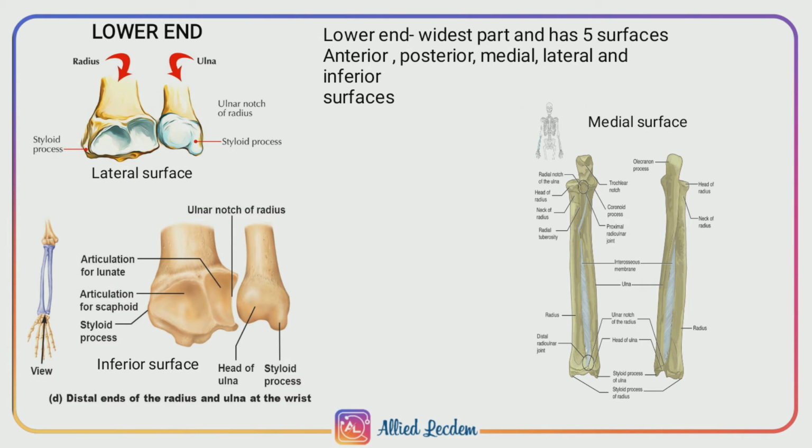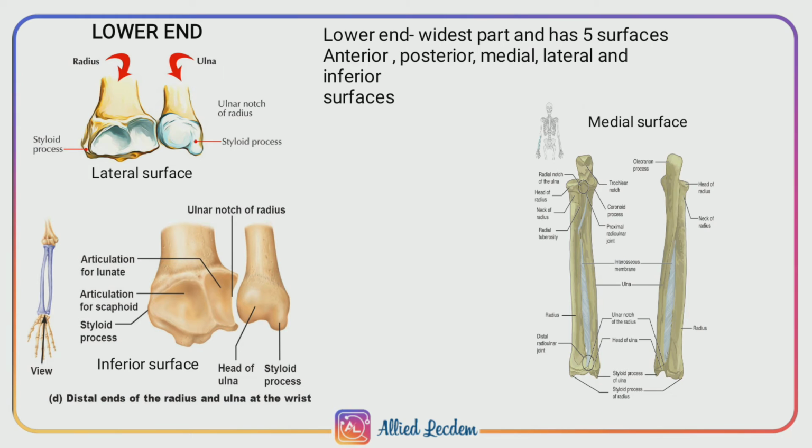The second groove between the styloid process and the dorsal tubercle gives way to the extensor carpi radialis longus and extensor carpi radialis brevis tendons, and the third oblique groove medial to the dorsal tubercle will give passage to the extensor pollicis longus tendon, and the fourth groove on the medial aspect gives passage to the tendon of extensor digitorum and extensor indicis, posterior interosseous nerve and anterior interosseous artery.